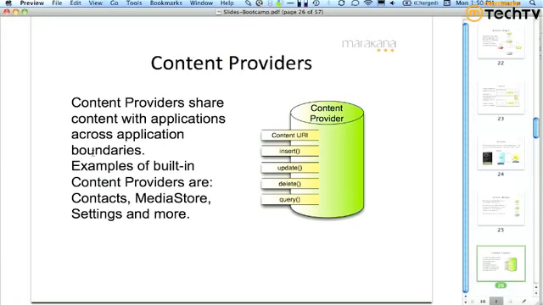The better strategy would be another approach, something like this: have a second application actually own the data,